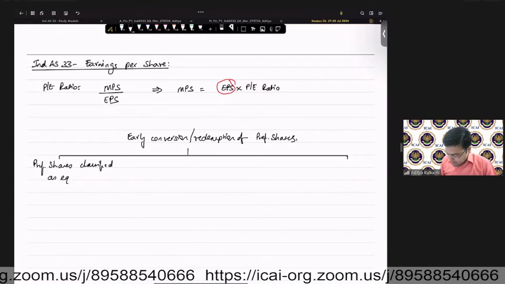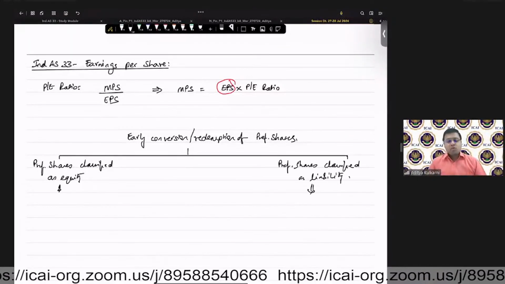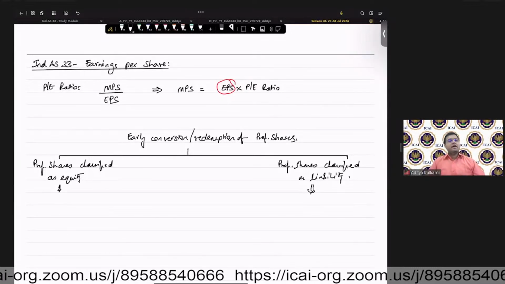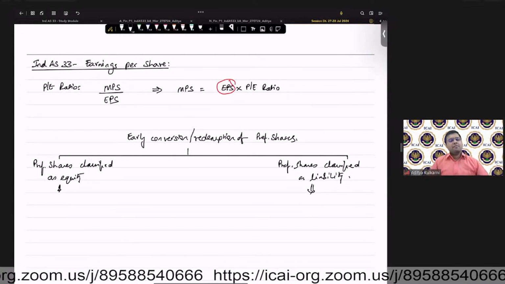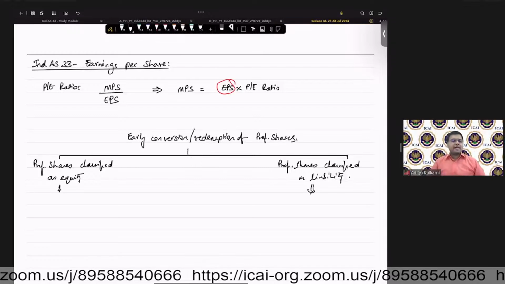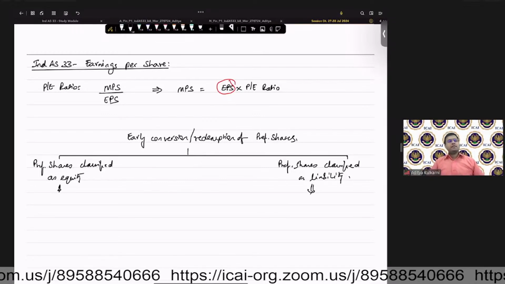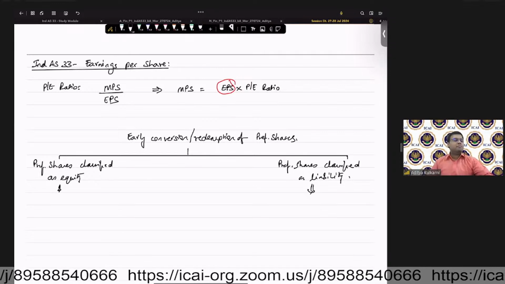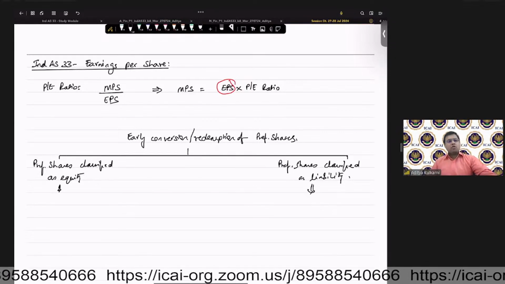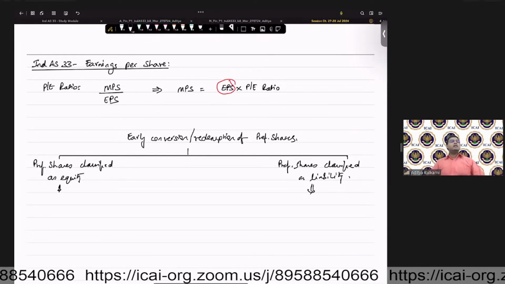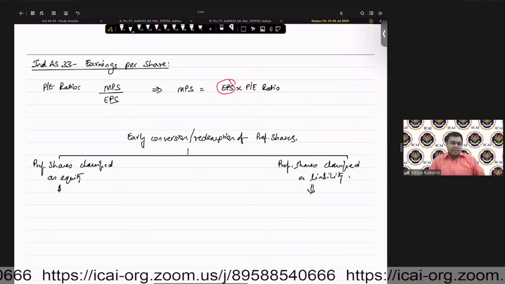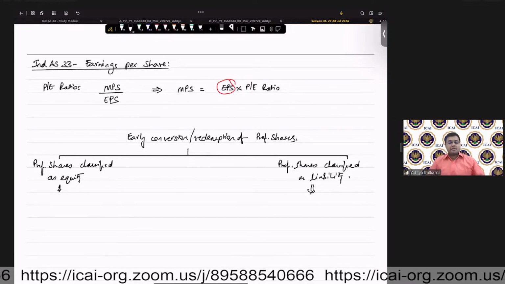Preference shares classified as liability, we pay a premium for early redemption. It is to be redeemed after 5 years. 3 साल बाद I notice I have sufficient cash. I will call the preference shareholders and say, look, I have to pay you after 5 years, but I am in a position to pay you now. So I am going to give you an incentive for early redemption. The preference shareholders will say, fair enough, you can redeem it and give us the premium.